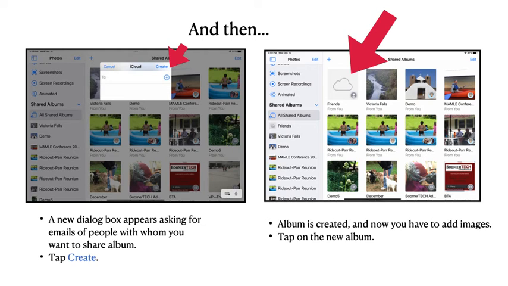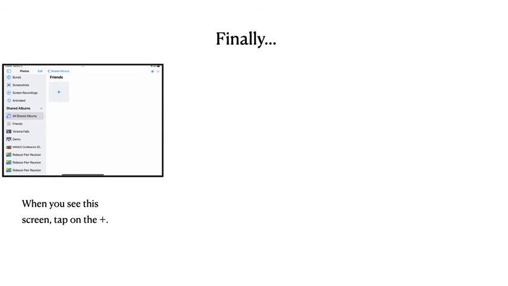A new screen will appear. You see that the new album is there. Now it's time to add the images. So I'm going to tap on that new album. When I do, I will see that it's empty, but I've got that plus sign, so I'm going to tap on the plus sign,